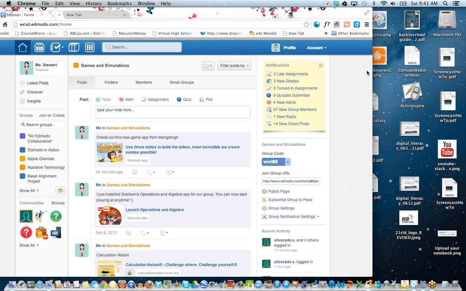Yes, the first time you go in, and it's free, so you don't have to pay for anything on Learn Zillion, but the first time you click on Learn Zillion as either a student or teacher, it will ask you to create an account. So go ahead and click on yes, I want to create an account. You can create your username and login. And if you're a teacher, it will then take you to a dashboard that will say, do you want to add students and create a class? And that's where you add students and where it'll give you the enrollment codes to give to your students.